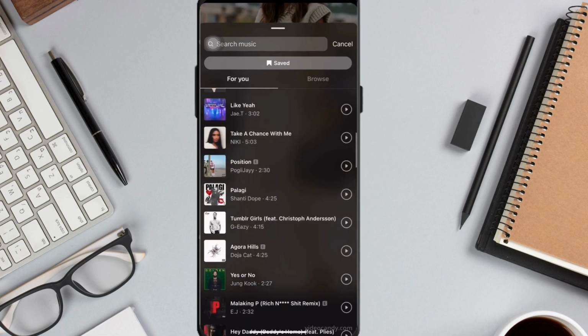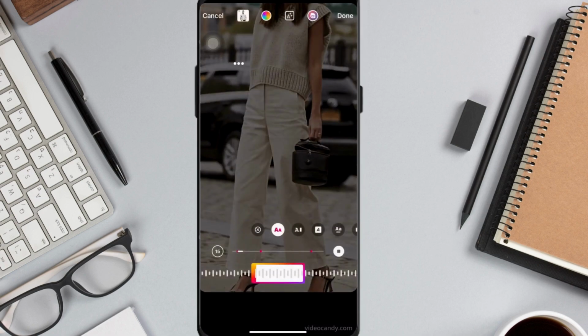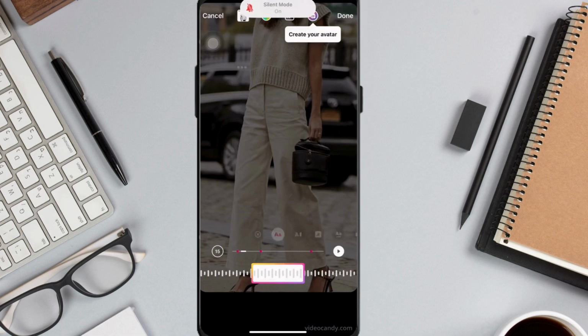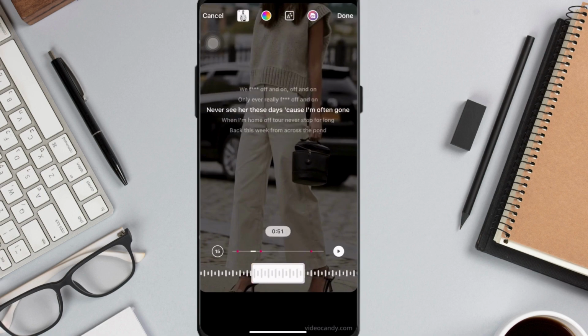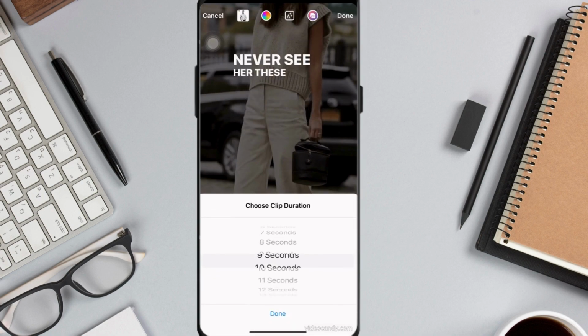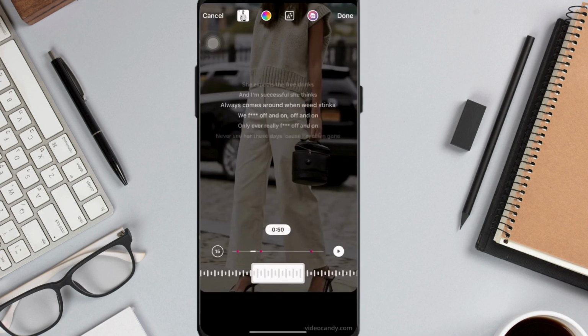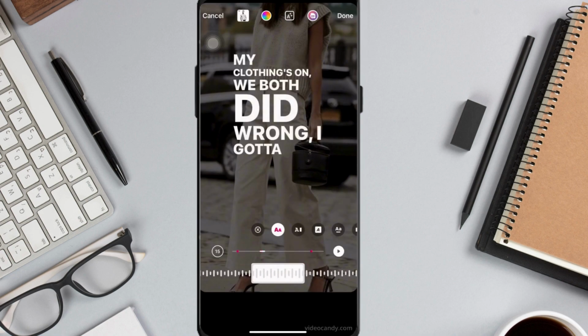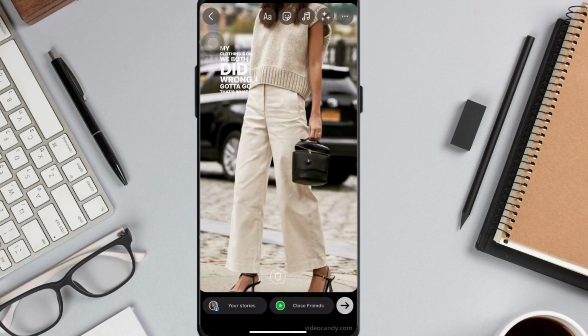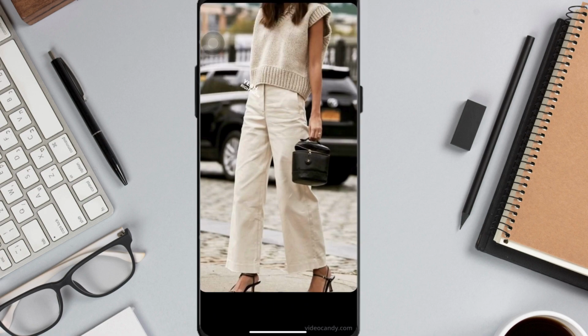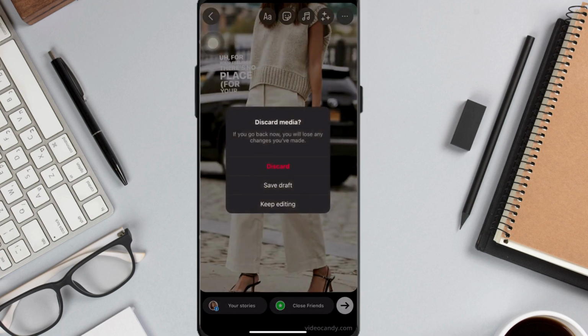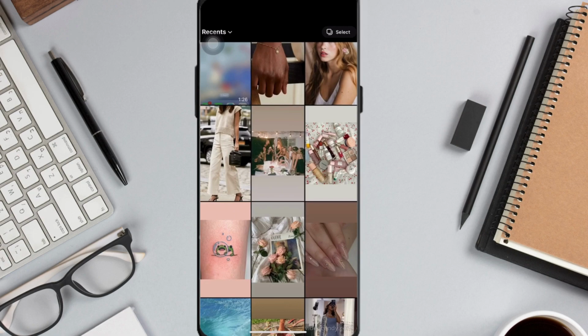the For You suggestions, or you may also use the search feature and choose a specific part of a song that you want to add to your story, and you may also change the duration. So you can choose the design, and once you click done, you are free to move around the music sticker. So you may resize it like this, move it around, and once you're satisfied, feel free to share the story